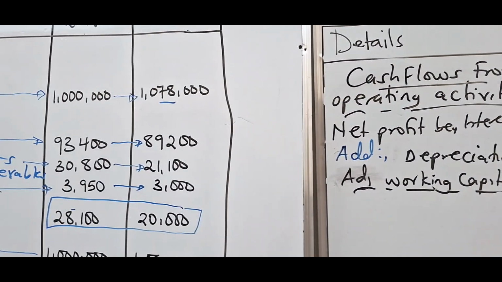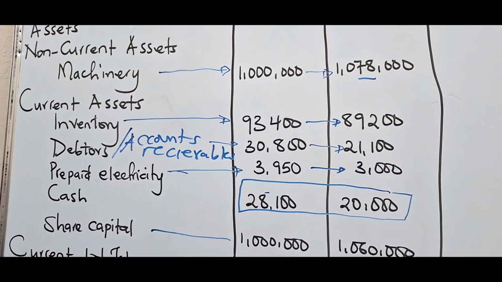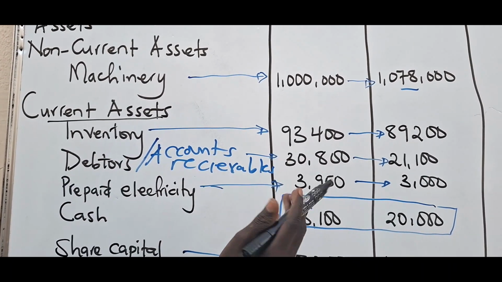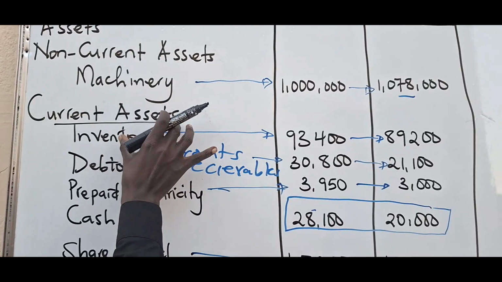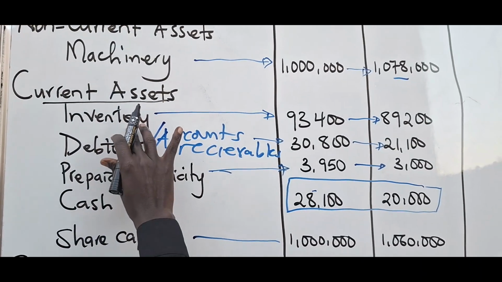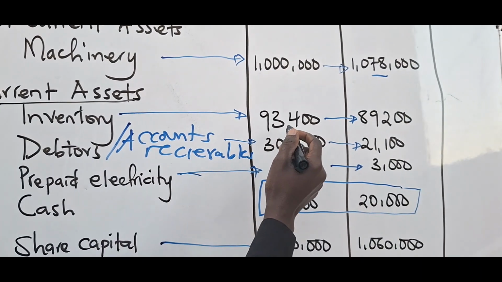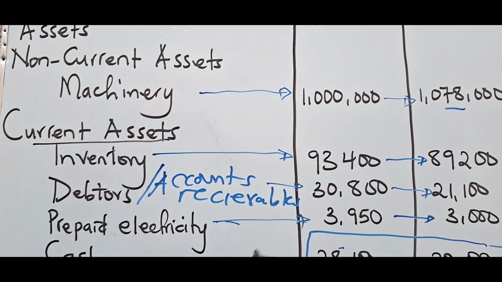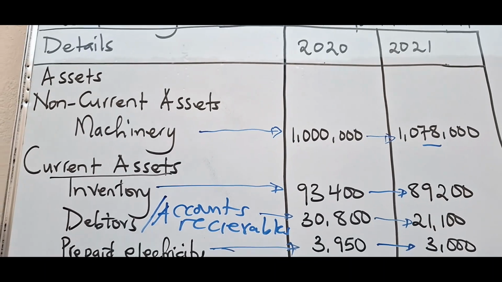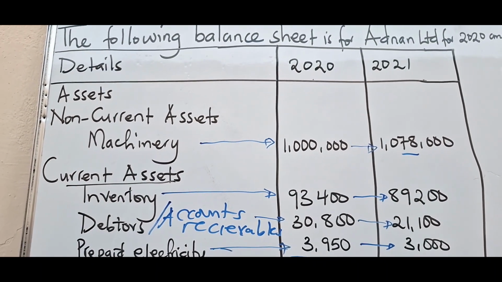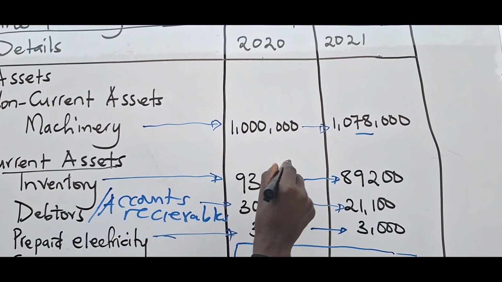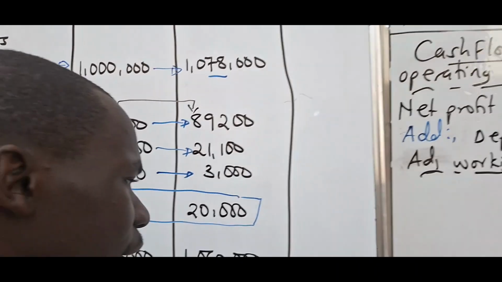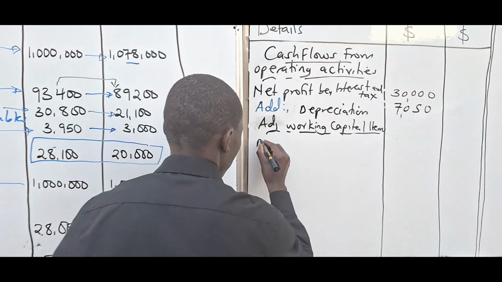When you look at inventory under current assets, inventory is a current asset. And I told you we are going to adjust items of working capital, the current assets and current liabilities. Inventory in 2020 was 93,400. Then in 2021, it reduced to 89,200. Now, this is a reduction from this one to this one. There we can get the word to use. We can say decrease